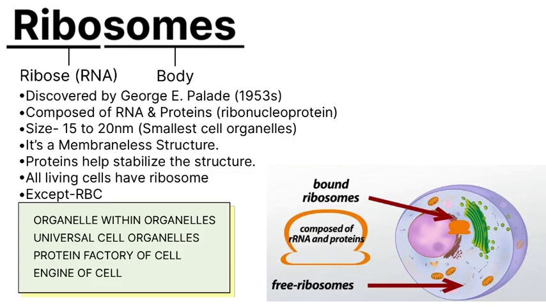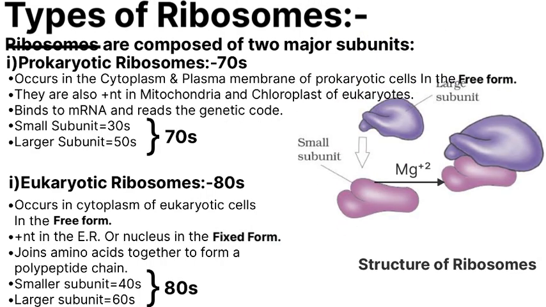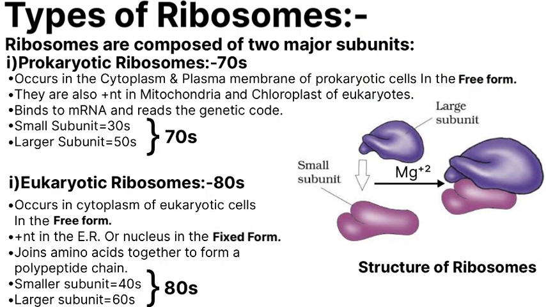Even medicines like antibiotics take advantage of it, like tetracycline or erythromycin, which, if you know, we used in COVID. They work by targeting bacterial ribosomes and shutting down their protein production. This kills the bacteria without harming human cells, because our ribosomes are slightly different from theirs. Now let's see their structures in detail in the next slide.